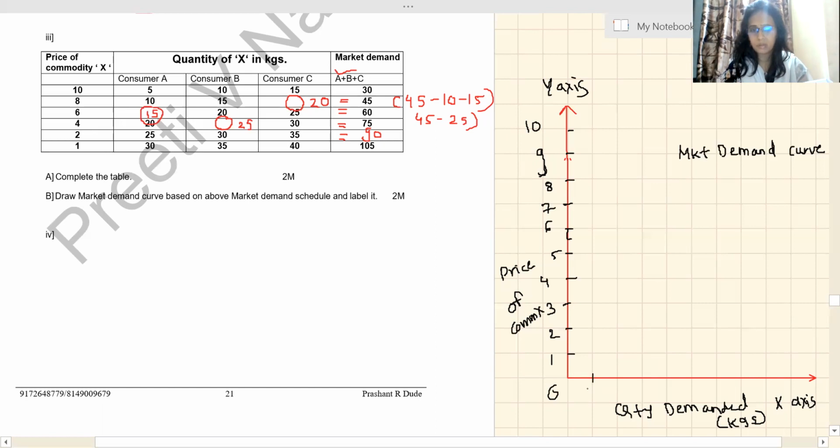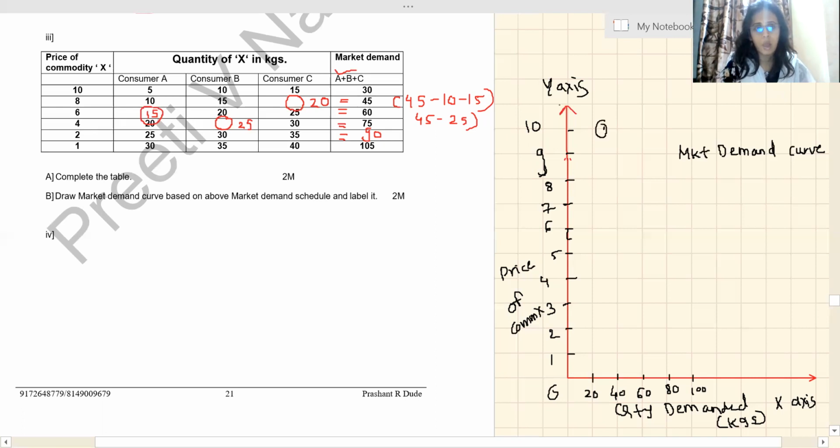you can take 10, 20 also. I will take here 20, 40, 60, 80, 100. It's okay if you take 10, 20, because here it will look huge and it's creating a problem for me while drawing. You can take 10, 20, 30. It's okay, no problem. Now see, at price 10, your total demand is 30, which means it will come between 20 and 40. If you take 10, 20, that will be easy for you while drawing.